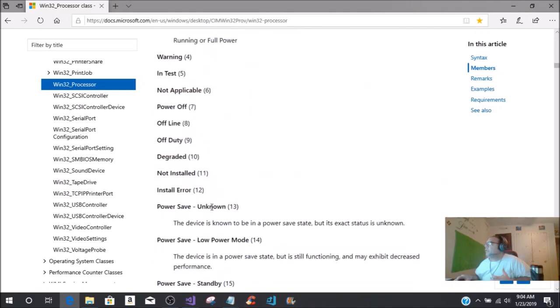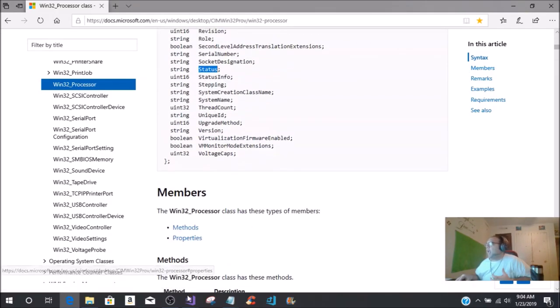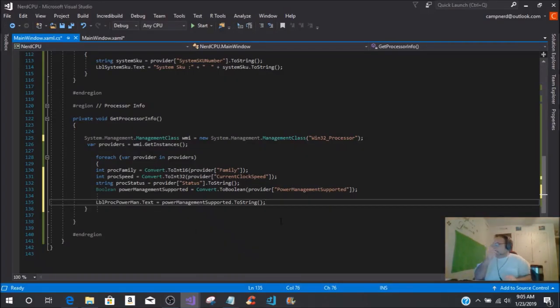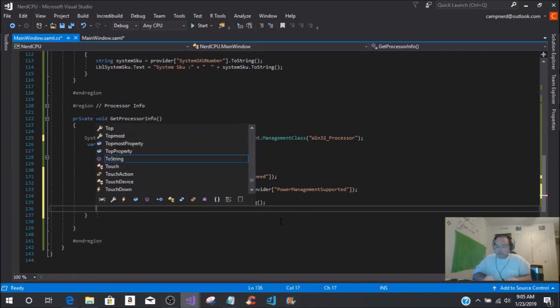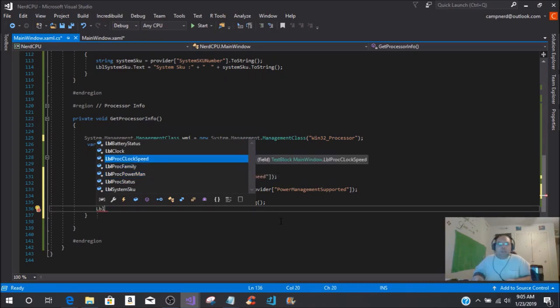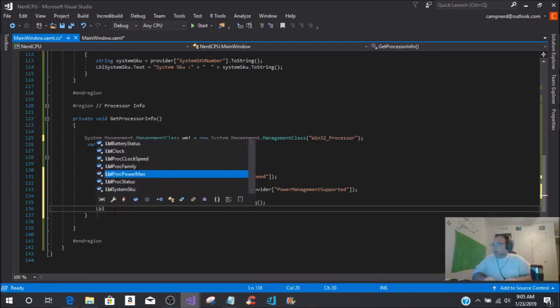You can look through all of these as a whole and get an idea for each one. All right, so we have the string, and what was the string? Proc status. Okay, so lblProcStatus